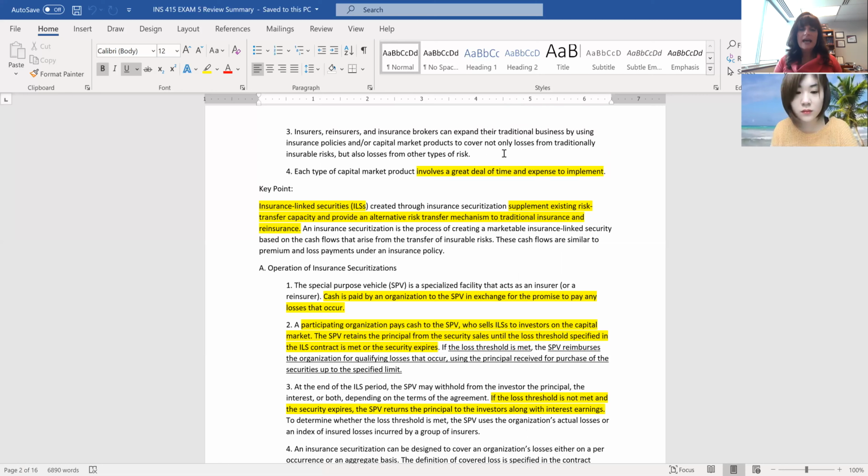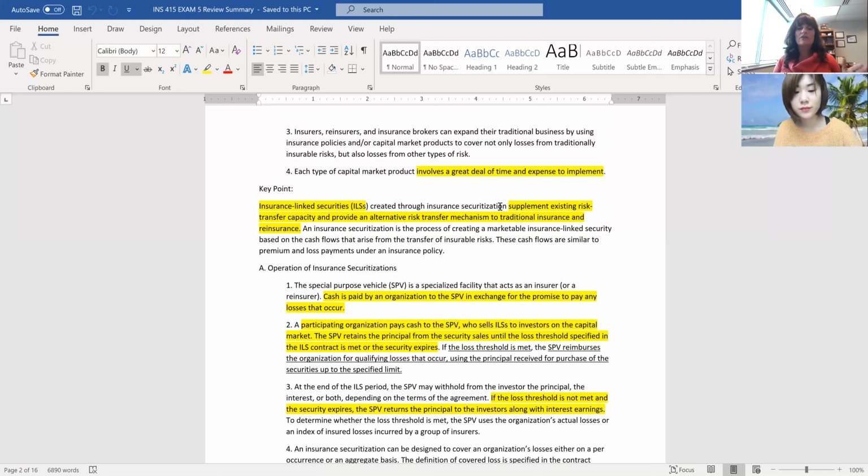And the cash, you guys remember in the last chapter, last exam, we talked about securitizations, where maybe you have accounts receivable or mortgage receivable that you sell off for cash. This is similar in that you use an SPV, a middle entity, but instead of getting the cash up front, you're actually paying the SPV to hold money. So instead of paying an insurance premium, you're giving cash to the SPV in exchange that they promise to pay you if a loss occurs. So it's just like if you transferred money to an insurance company, you're transferring it to an SPV instead.